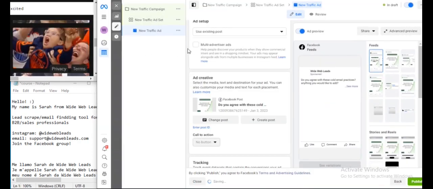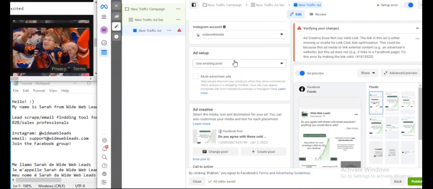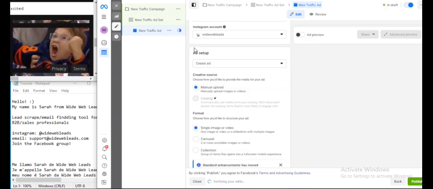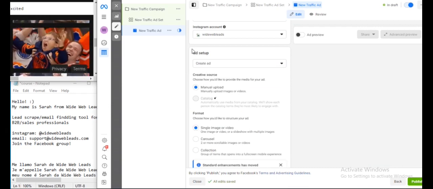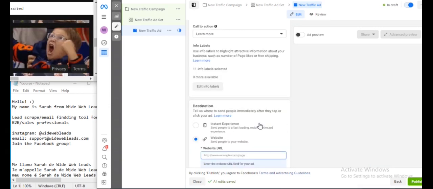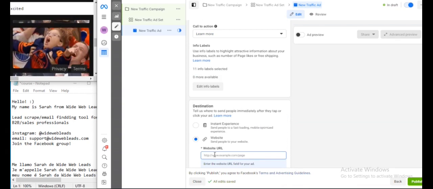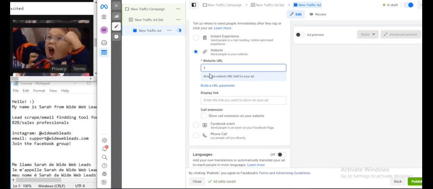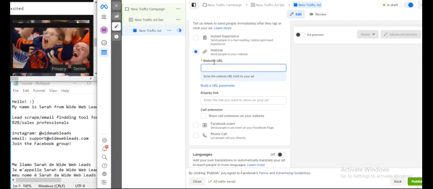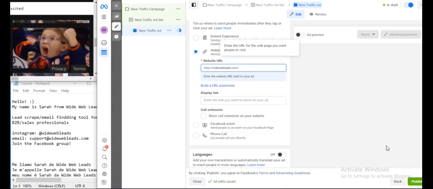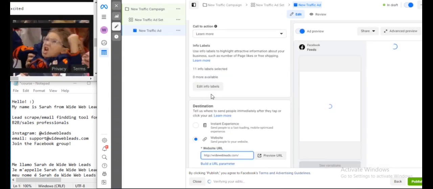Just as an example. It's honestly a lot better to create the post instead of using an existing post, because they ask you here if you add a link, because the original post doesn't have a link, whereas if you were to upload a new creative, like a new video or photo, they ask you to upload the website URL, so you don't have to worry about that.